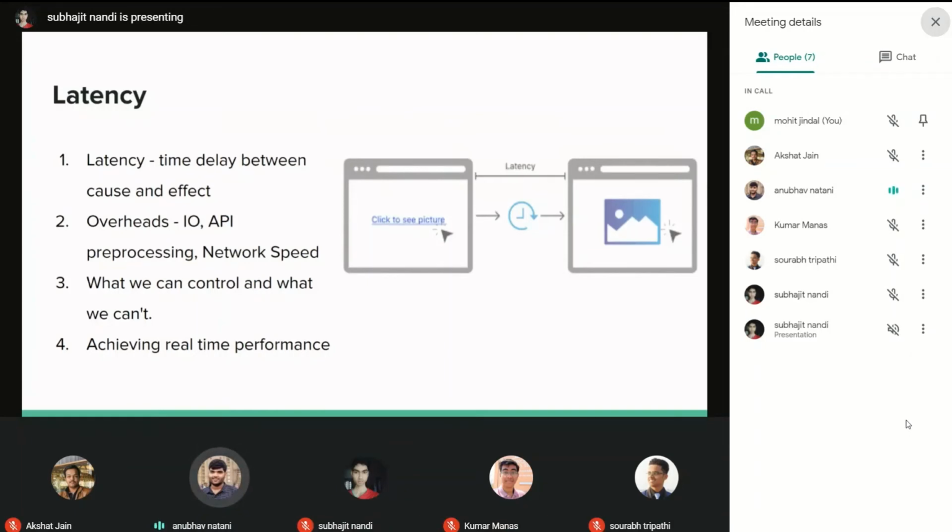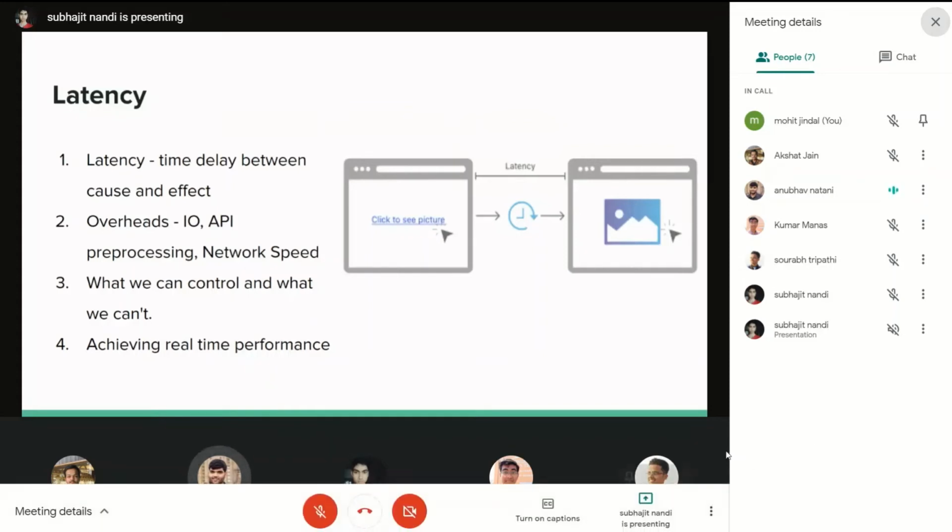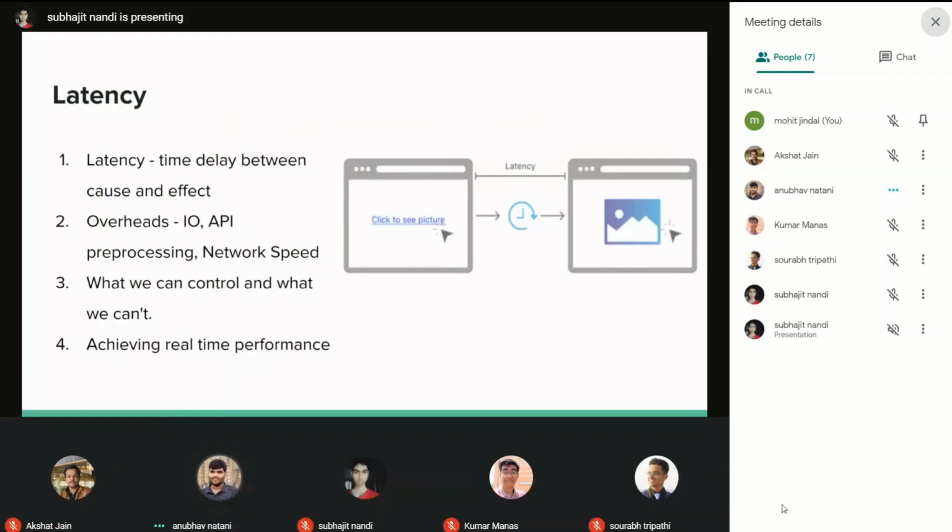What researchers have found is that there are three to four kinds of latency. First is IO latency: when we type on the keyboard or click the mouse, the time lag before that is reflected on the screen is called IO latency. Second is API preprocessing, for the packet that is to be sent to the server. Which kind of API are we using? We are using REST, SOAP, or any of these methods. They have some overheads, so this also takes some time to transmit. So this is the API pre-processing step.